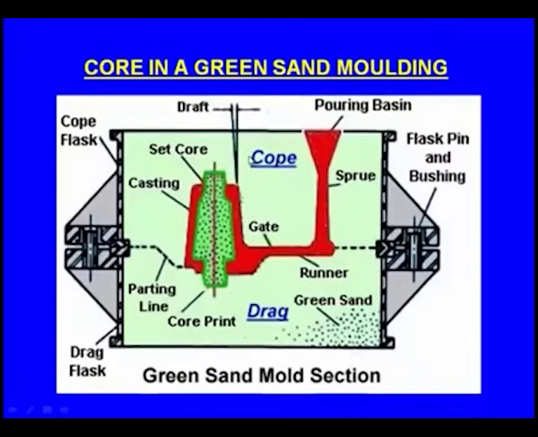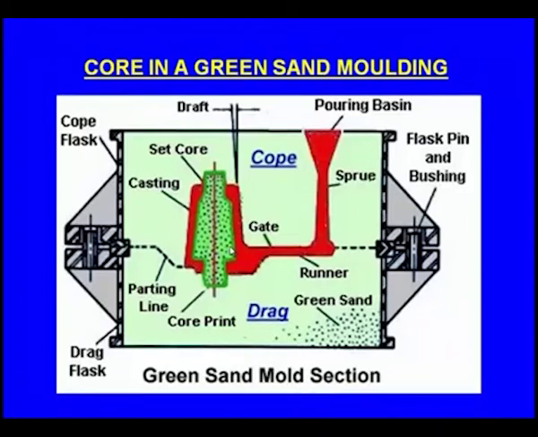And here we can see another case. This is the pouring basin and this is the sprue, the vertical passage, and next the molten metal passes through the runner, the horizontal passage, and this is the mold cavity. Inside the mold cavity we do not want a solid casting, but we want a casting with a hollow cavity. So, here we have kept a core, and here it is a steel core, and here we have set the core. So, this is the concept of the core.